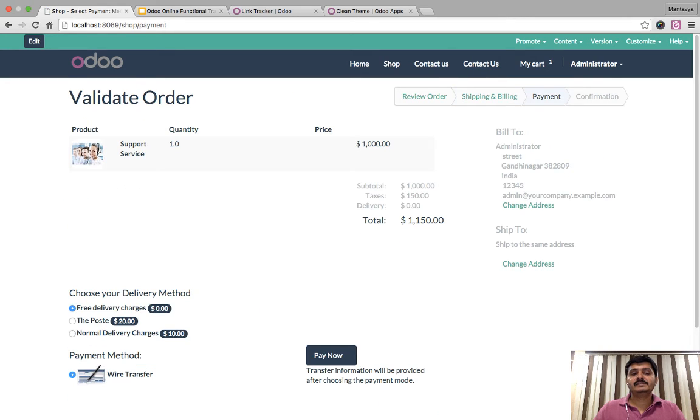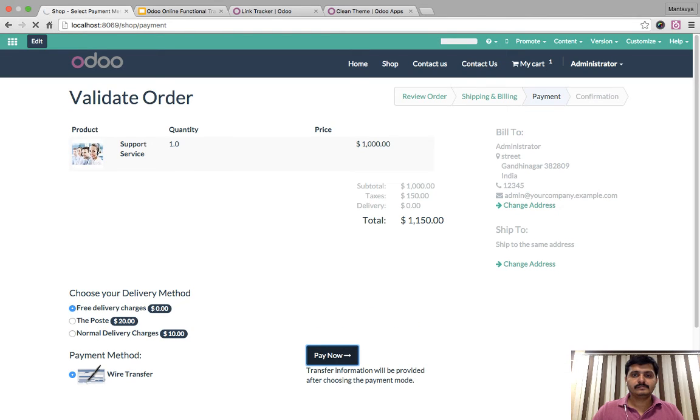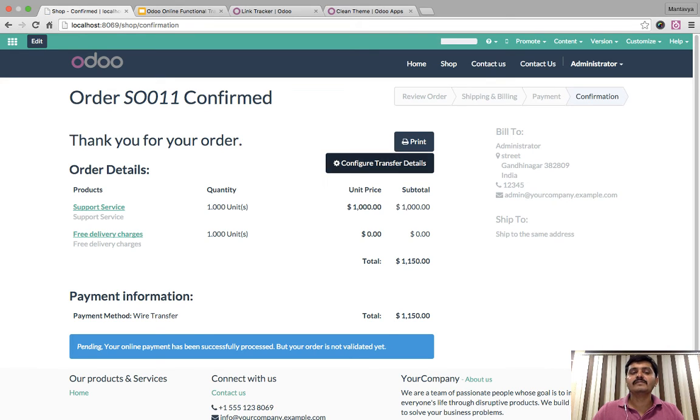So here is the standard checkout, delivery methods and payment methods, which are available by default in Odoo, like wire transfer. After that, you should have a quotation in your sales funnel, and you can choose a static delivery pricing based on the metrics which are available to you. You can offer them a free delivery or by post or normal delivery charges. As it is a service, no need to ask for the delivery. So if you're selling only service kind of products, just remove the delivery from your